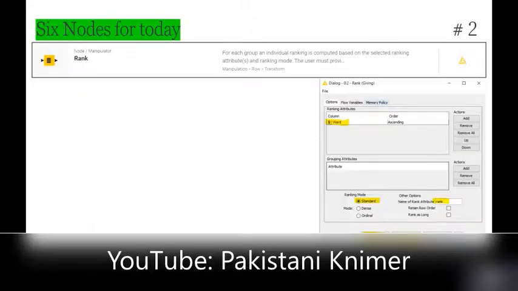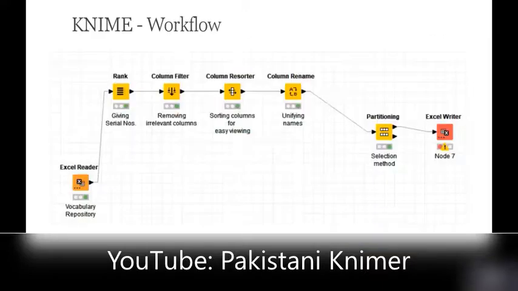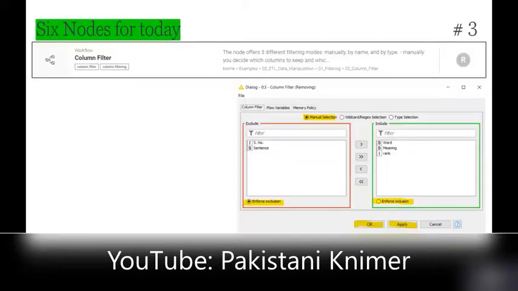In this case, the selection was sorted based on word, and the column name was given rank. The third one is column filter. Column filter is where we have excluded and included certain columns to be in our output file or table.